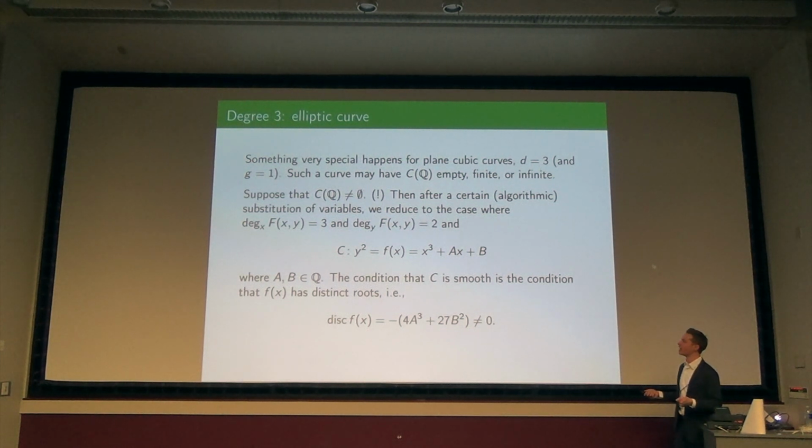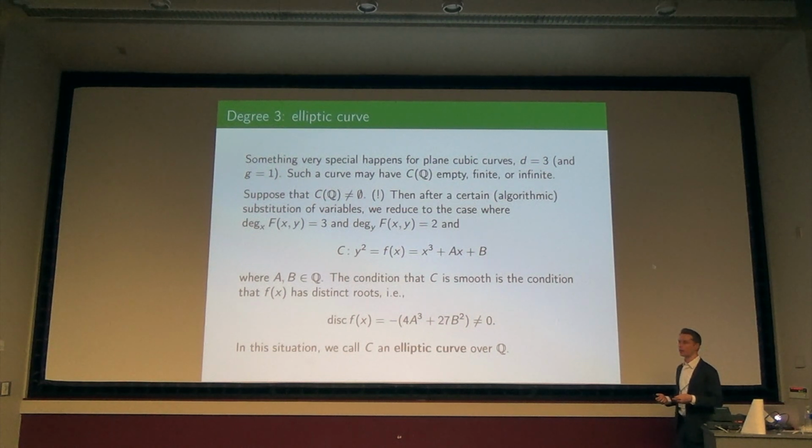What would happen if f of x had multiple roots? Well, that means that there's something squared times a third factor. That something squared I can absorb into the y term. So I just have y squared equals a linear thing, and then I'm back into an easier case, it's not degree 3 anymore. That's sort of the way that smoothness inductively allows you to work in the right setting.